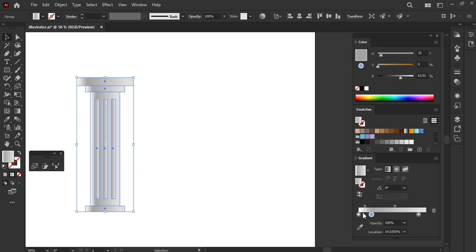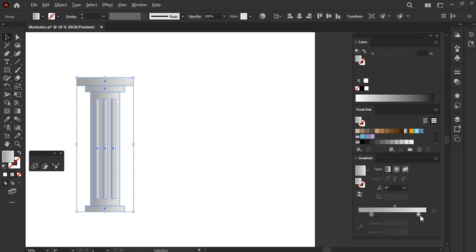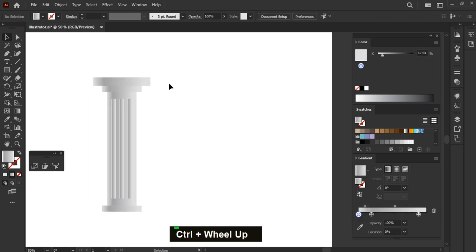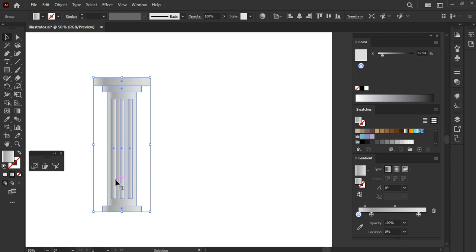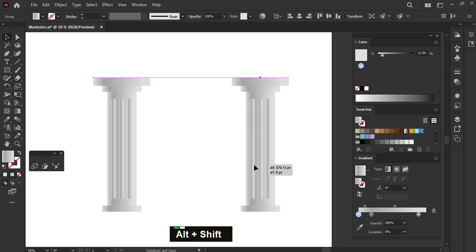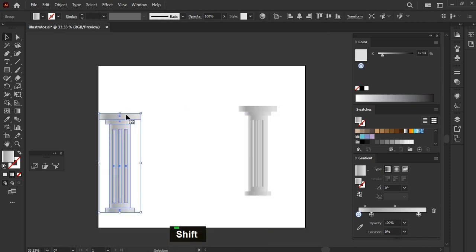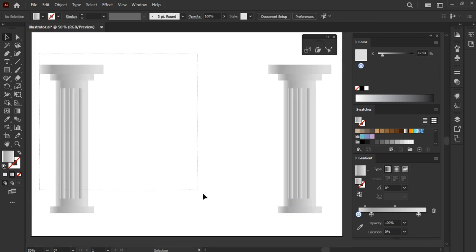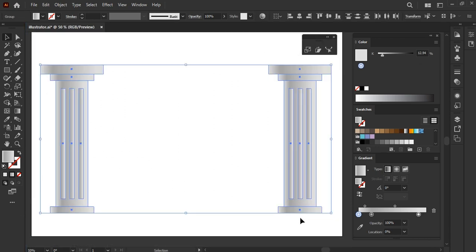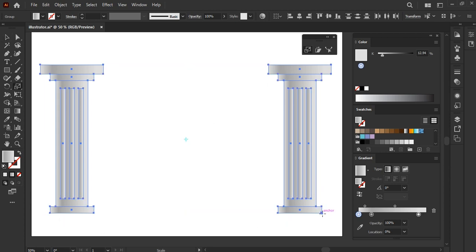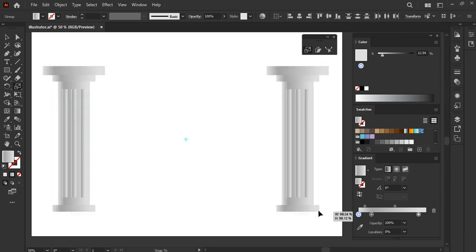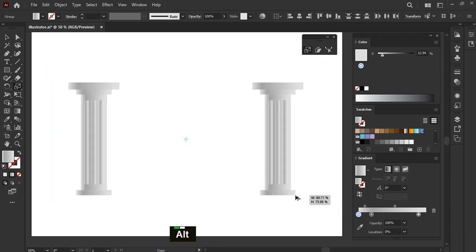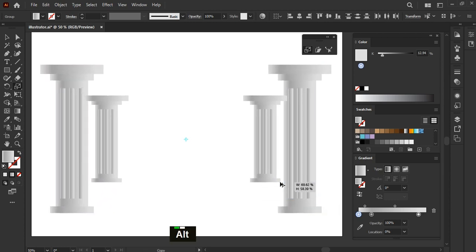Remove this left gradient slider and copy this slider. Now, hold Alt and Shift to duplicate and align perfectly. Adjust it as you please. Select these pillars, pick the Scale tool, and adjust the size. While holding the mouse left button, press Alt to duplicate the shapes, and if the Shift key is pressed too